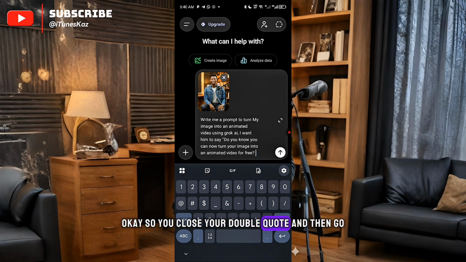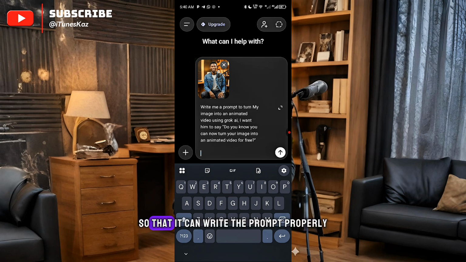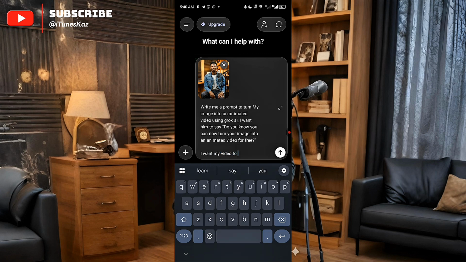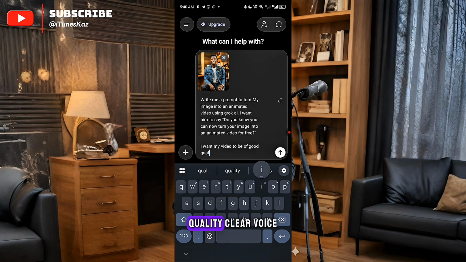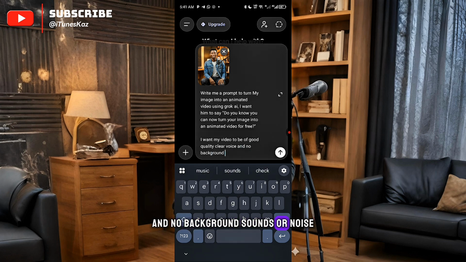Okay, so you close your double quote and then go down and give ChatGPT instructions so that it can write the prompt properly. I want my video to be of good quality, clear voice, and no background sound or noise. So once you tell ChatGPT this, it's going to write you a prompt, because sometimes when